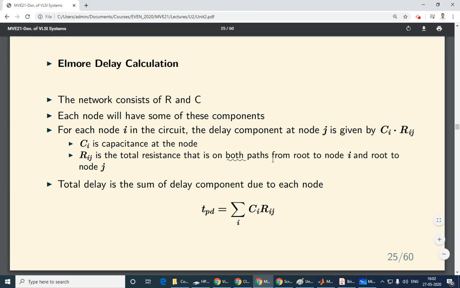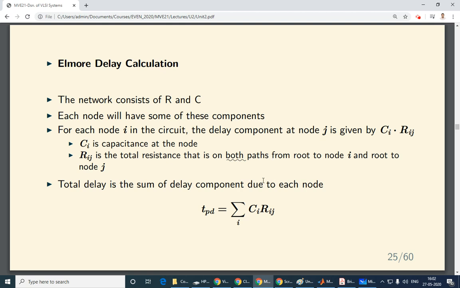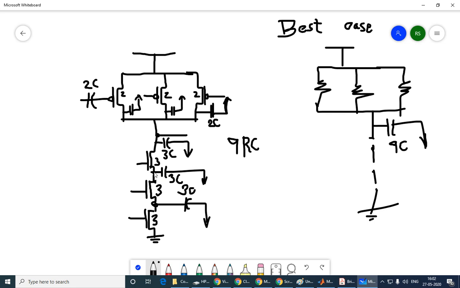For that, again we have to look at two paths. Rij is nothing but the shared resistance. What are these two paths? First is from the root node to I. For example, if I'm at this node, this is the root node, this is the node I. What is the shared resistance? This is the path from the root node to node I,